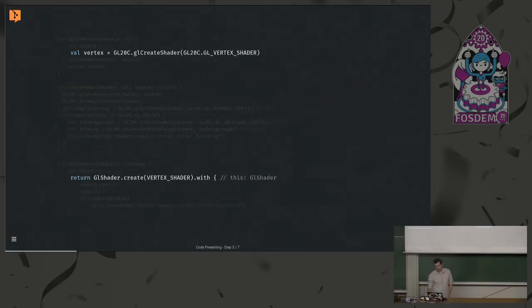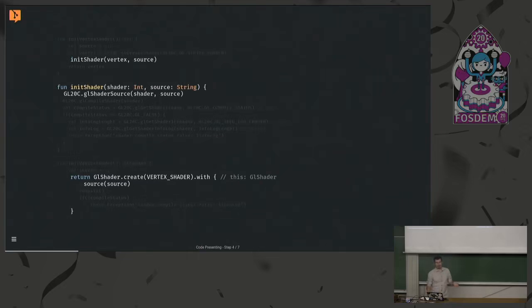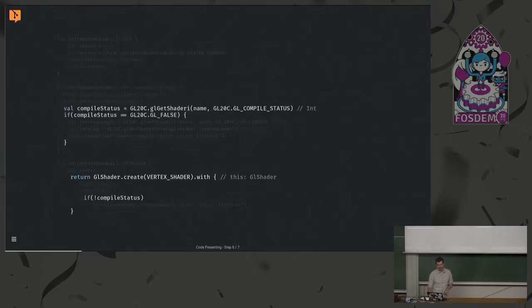Then what we do here is basically we scope the GL shader, and then we can simply type much shorter code, because we scoped it, so we know what this is about, and we don't want any more redundancy. So we simply call source. Maybe this is an unfortunate naming. Then we compile our shaders. Compile status. This is also nice. We are inside these scopes. So compile status is just,